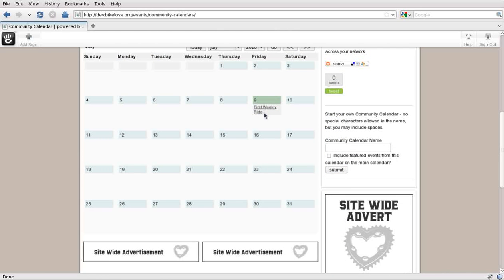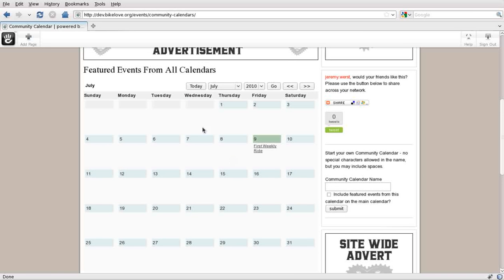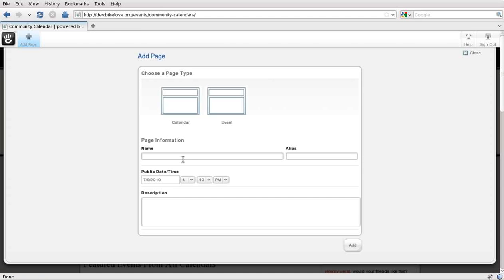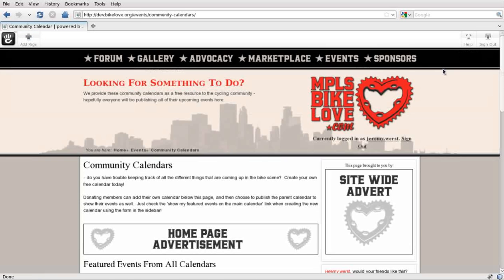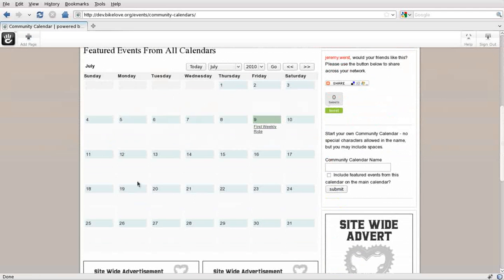And you can have as many events as you want on your calendar and only publish up the featured ones to the main calendar is the way that it would be recommended to do this. We may want to go with the 5-week format here, or do a different format for the calendar depending on how many events we end up getting. But yeah, those are